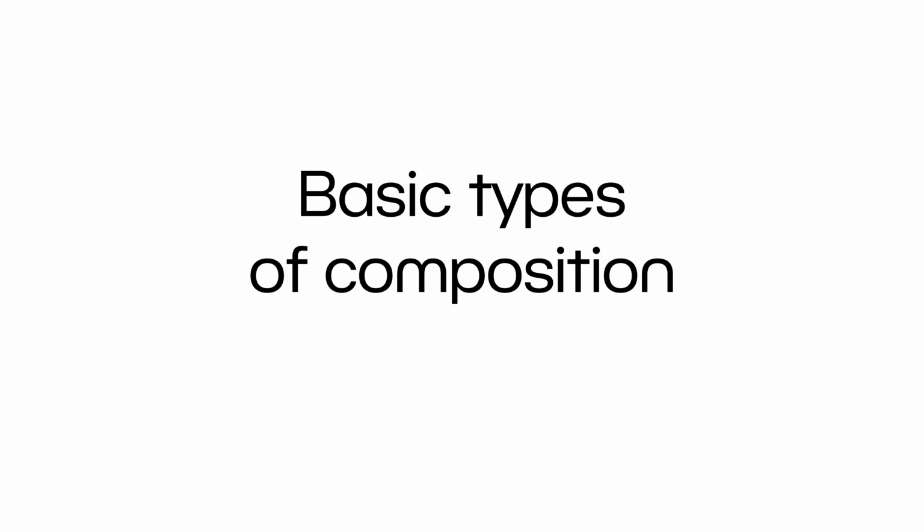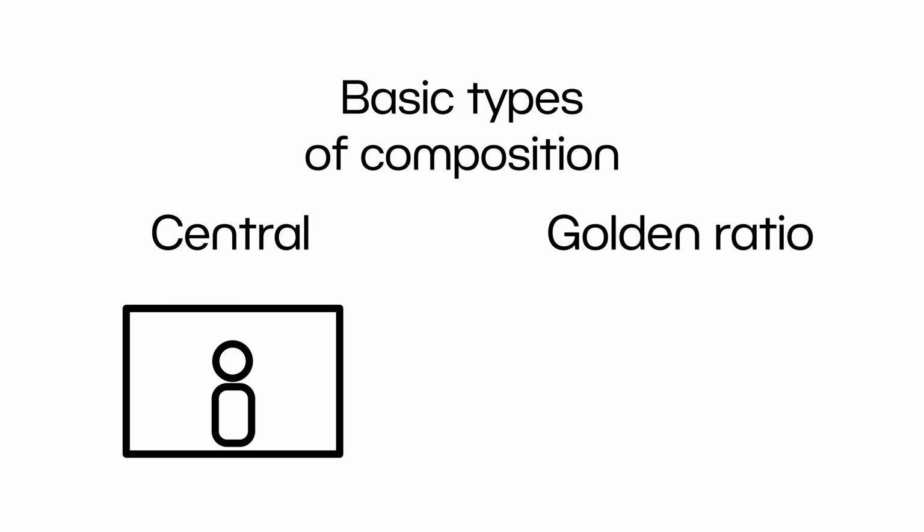If you're still unsure which of these formats you should shoot in, we made a video about it and you'll find a link in the description, also right here. But now let's move on to the next topic, which is about the rule of thirds. As we already learned in the video about portrait composition, there are two basic types of composition: centered and then the golden ratio. By the way, that video is also right here and in the description.